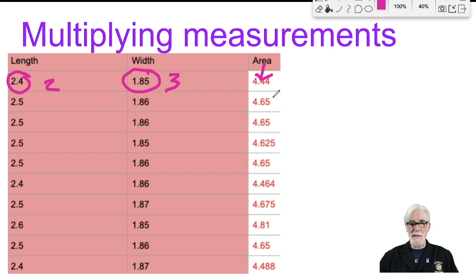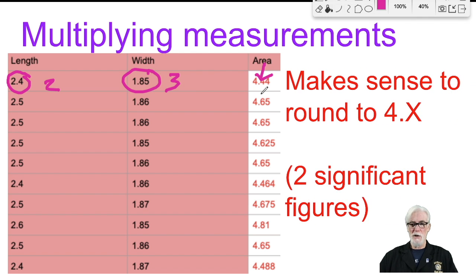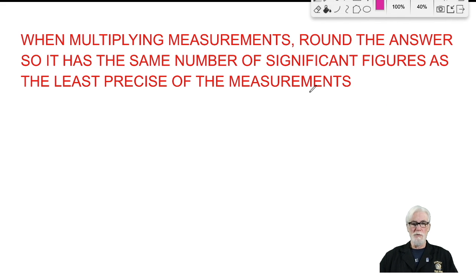So it doesn't make any sense for us to round to the nearest hundredth because we already know that we have variability in the tenths value. So we should round these measurements off to 4 point something, and that would be two significant figures. So we see that when we multiply a number that has two significant figures by a number with three significant figures, we should round off to two significant figures. So this gives us a rule. When you're multiplying measurements, round the answer so that it has the same number of significant figures as the least